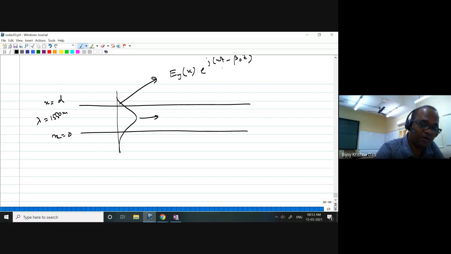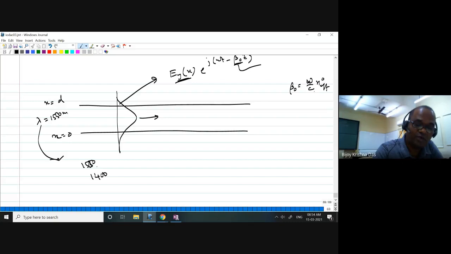Okay, so fundamentally it will be propagating like a fundamental mode, and you can get a solution as you decrease these values to 1500. You can keep on getting this solution, but with a different beta naught value, and the distribution will also be slightly changed. Omega will be different. Instead of 1500, suppose 1400 nanometer, I'll be getting different solutions. Beta naught value will be different, because beta naught is actually omega by c n effective naught.